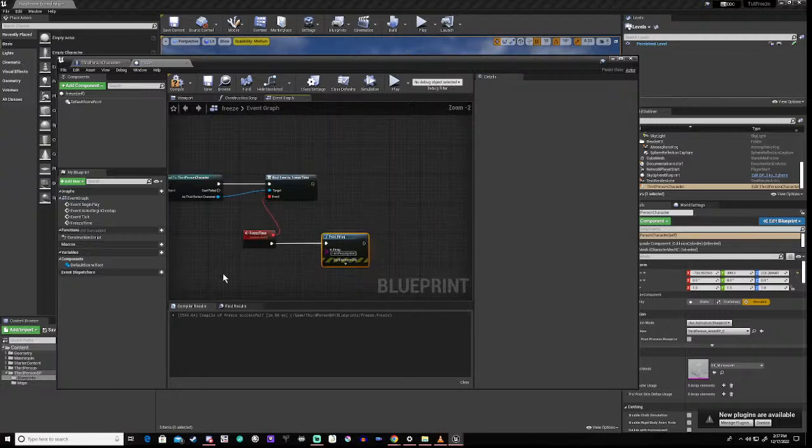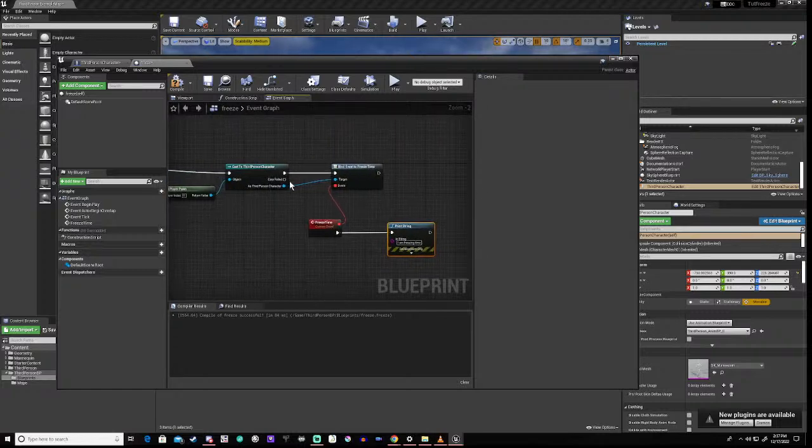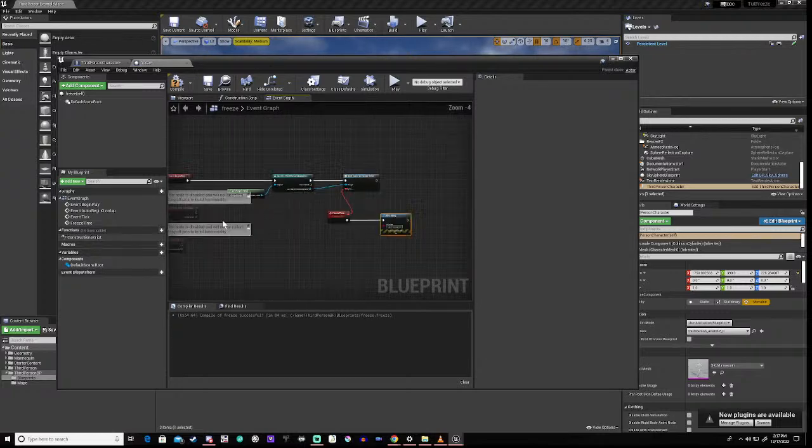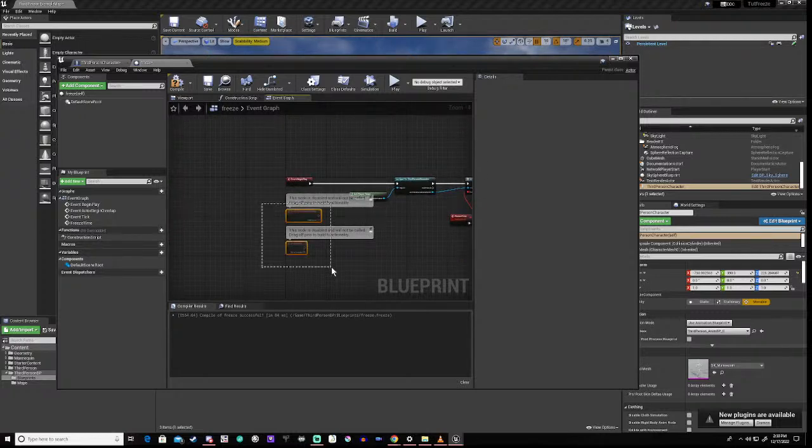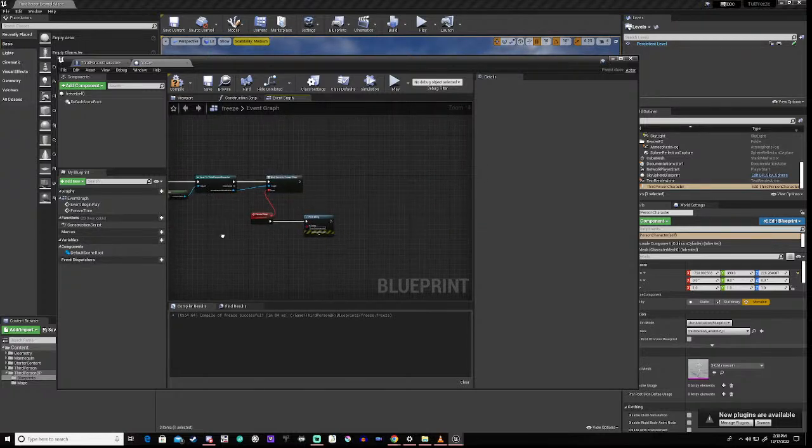Okay, and you would set these up in every single one of your actors that you need to freeze. Now you could parent it and then do it in the parent, it's up to you, but